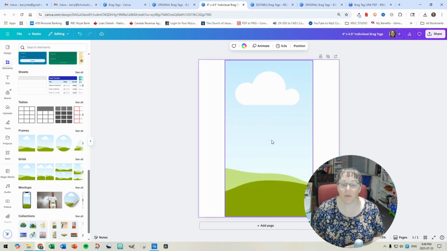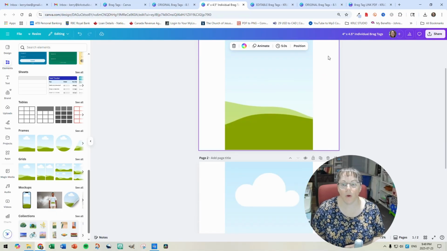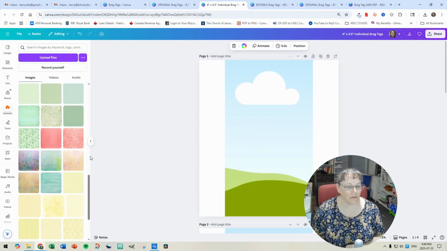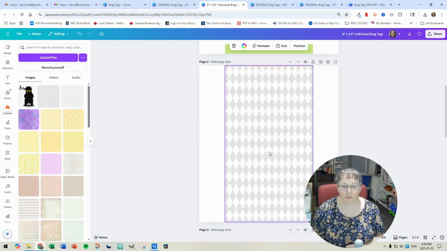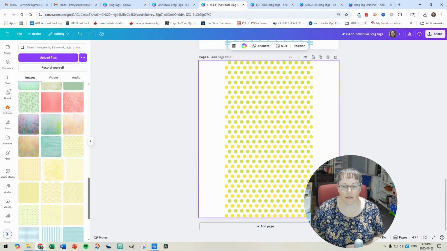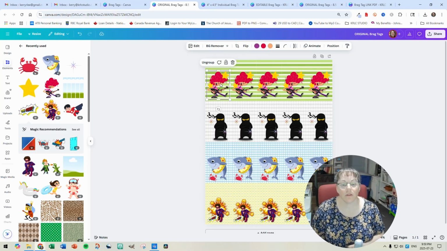We just want this grid to be in the middle because we're going to download all of these as transparent PNGs. I already have this one, and now I'm going to create 3 more. 1, 2, 3. In my uploads, this one was for that one, and this one. Okay, now I just have to go back to my original and copy and paste the image. So here's the one image, copy,